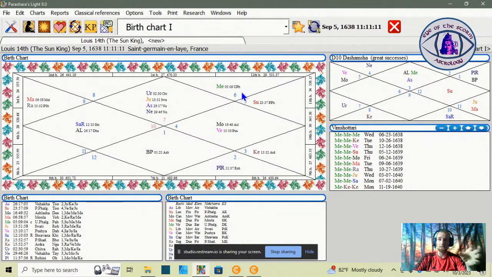That is the Purva Palguni and the Uttara Palguni. He was all about starting projects and then wanting to see them completed, which is why he started projects and saw them to completion in his lifetime. He had such a long reign that he had the ability to do that, and he spent a lot of time and energy doing these types of things. The Palgunis are also very strategic nakshatras as well.